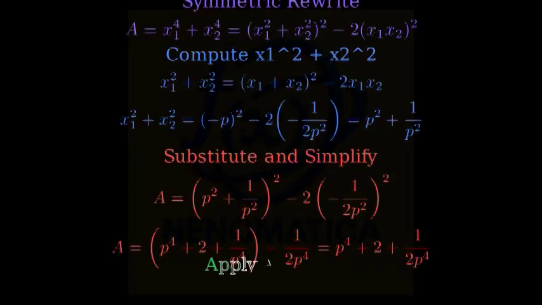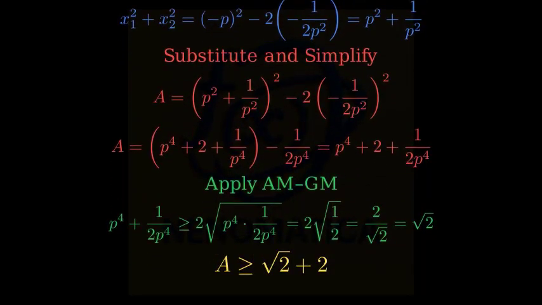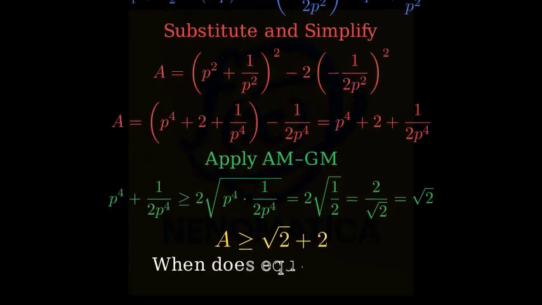Now use the arithmetic geometric mean inequality on the positive terms p to the fourth and 1 over 2p to the fourth. Their sum is at least 2 times the square root of their product. Therefore, A is at least 2 times the square root of 1/2 plus 2, which equals 2 plus square root 2. Equality in AM